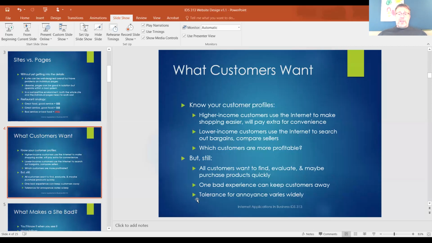Now, it is also true that the tolerance for annoyance varies widely, right? But if you're one of these high income customers that you're trying to get stuff done quickly, yeah, you might very well not give a bad website a second chance. On the other hand, if you're more prone to looking for bargains, you'd probably be more forgiving. Anyway,